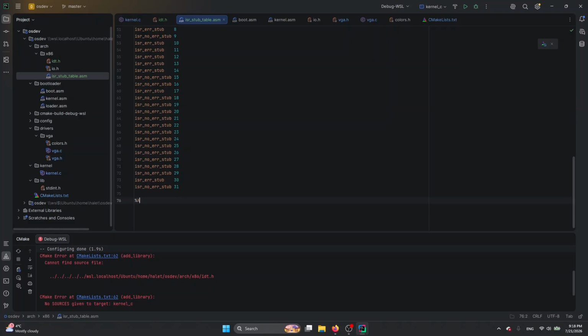And then I need some way of, I think this should work to, I need a global table that they'll go into, that the C will use, and then this should hopefully be able to loop and put them all in, doing